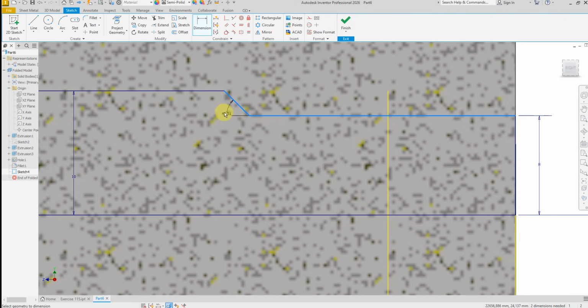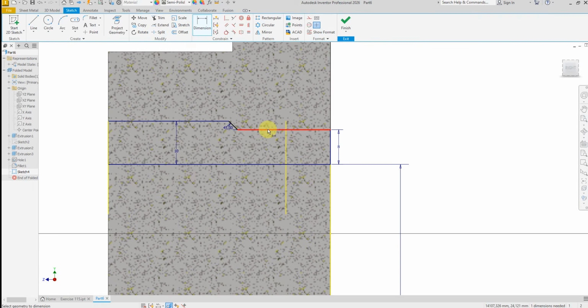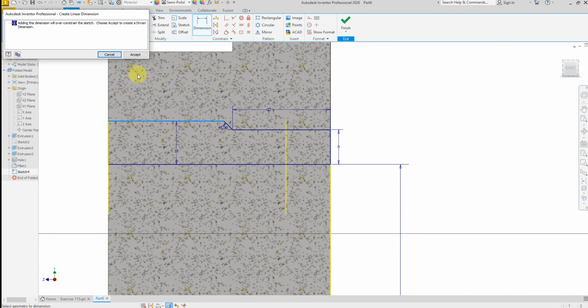This angle 45, distance 22, and the distance will be 26. Okay,